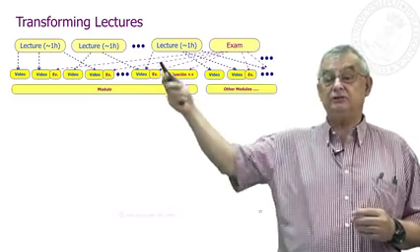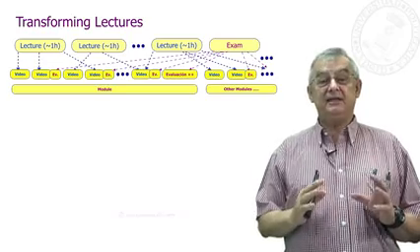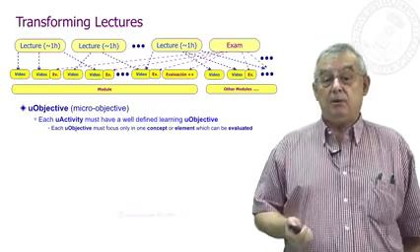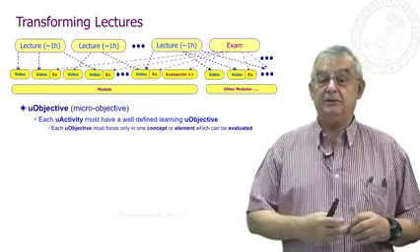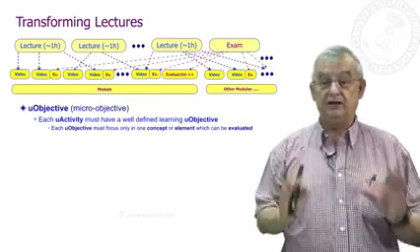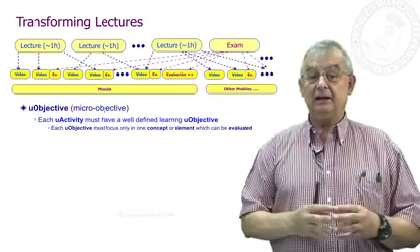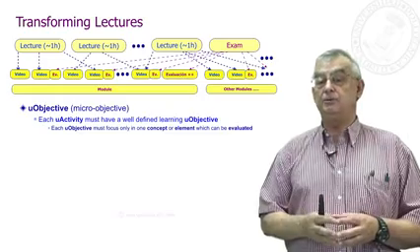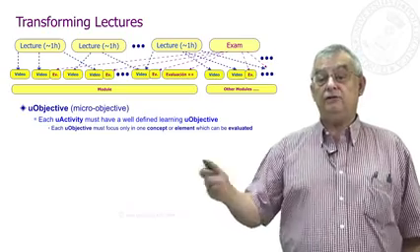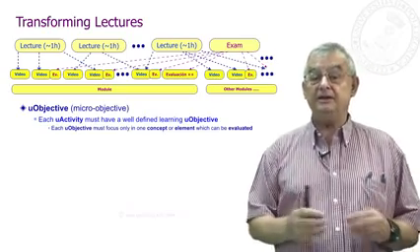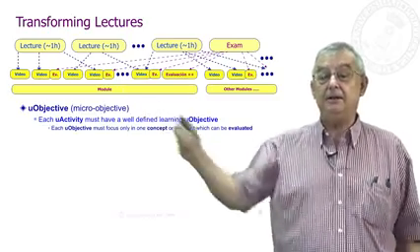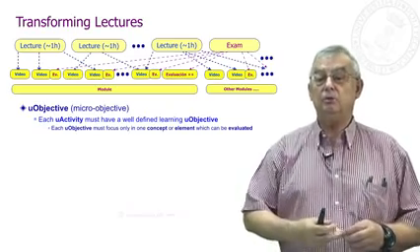In order to make this transformation successfully, which seems easy, but it's not so easy, at least this was our experience, we propose that you work with micro-objectives. A micro-objective is the learning objective defined for each of those micro-lectures, for each of those micro-activities. It is what you would like the learner to learn with the material you provide associated with this video. So micro-objectives should focus, as micro-learning recommends, on one concept or element, or at least a very few of them which are very simple and which can be reasonably put together in such a small micro-activity.